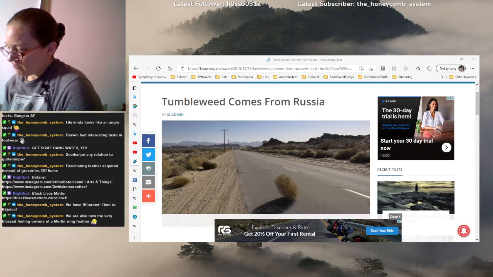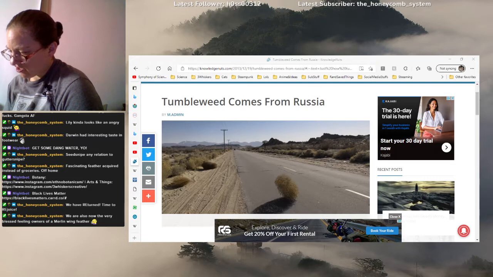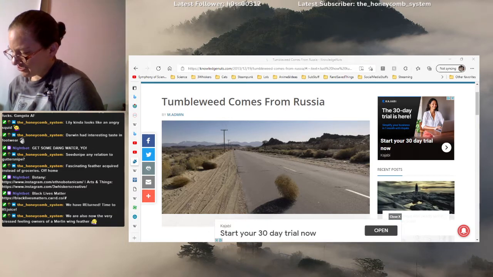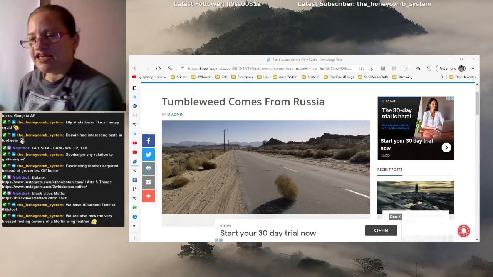When the seeds mature, the plant dries up. As water leaves its tissues, the branches curl inward, forming the whole plant into a ball. Eventually, a weak point at the base of the stem breaks, freeing the plant from its anchor. All dried and crispy, the lightweight husk of the plant is free to blow around the landscape. As it tumbles, the seeds are scattered in every direction. The fact that this invader can be found all over North America is testament to how effective the tumbleweed strategy can be. Because it just keeps rolling.